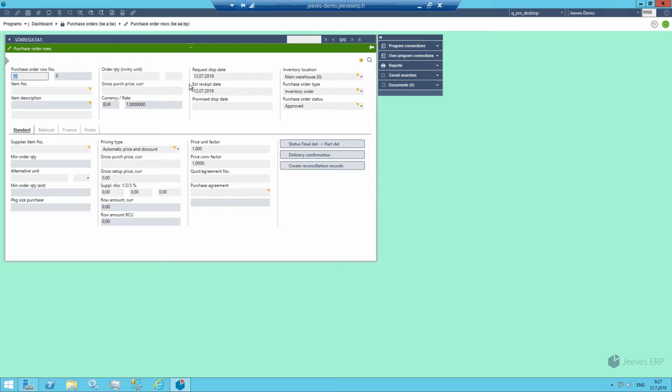So the next step is to write the item number to the item number field. So we will write the item number we will purchase to this field, or the item description to this field. So we will write the item number and click Enter. As you can see, the item is bicycle helmet adult, and now it's time to specify order quantity for this item. And we will click OK.